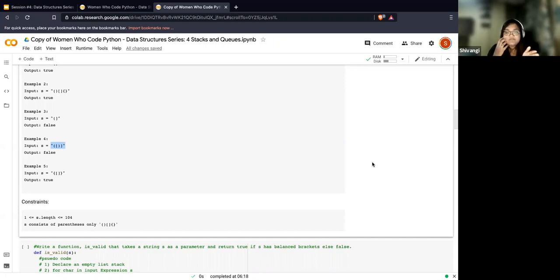If the first bracket to appear is a square bracket, then it should be the first one to be closed. And that is how you figure out, hey, my solution of just counting the brackets is not enough. I've got to do something else, right? And what is that something else? In this case, we are going to go with using stacks, and I'll walk you through how that's going to happen.